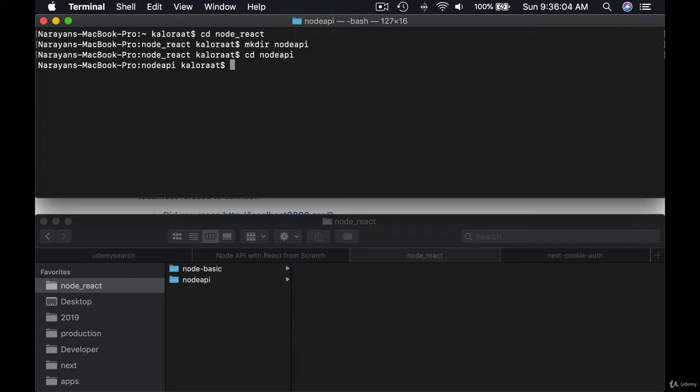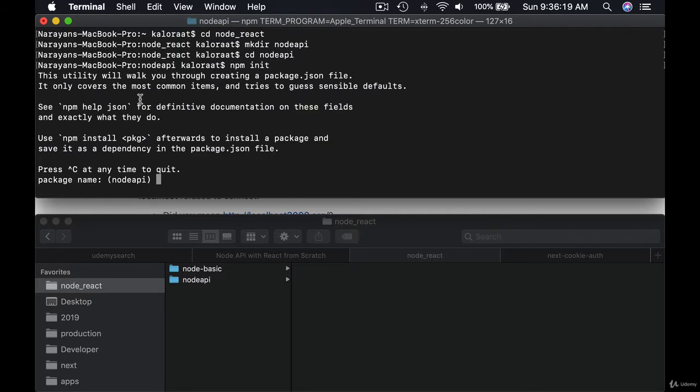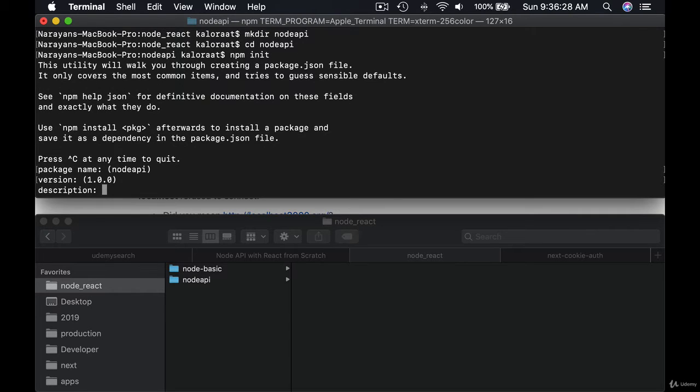And the first thing you want to do is initialize this project with a package.json file so that we can use npm packages. Okay, so let's begin by running this npm init command, and it will ask you a couple of questions. So let's go through them. Package name, let's accept the default, so just hit enter. Version, hit enter. Description,